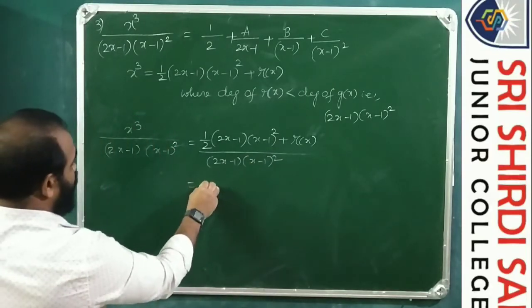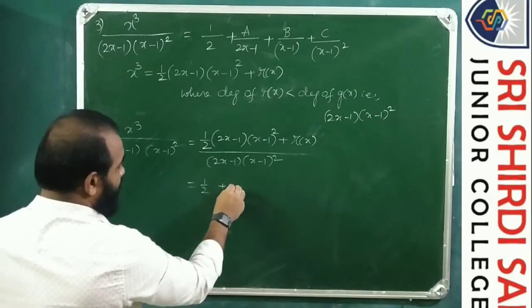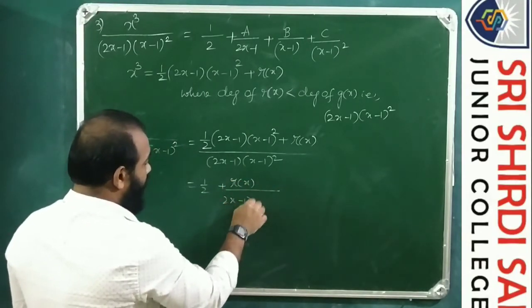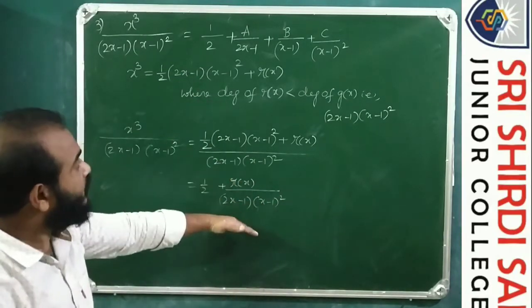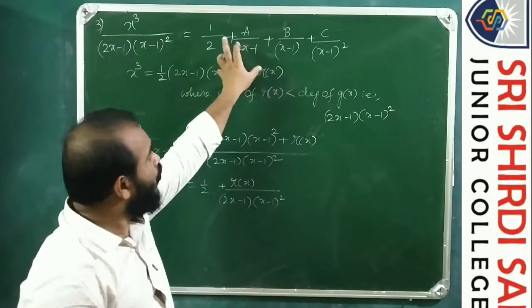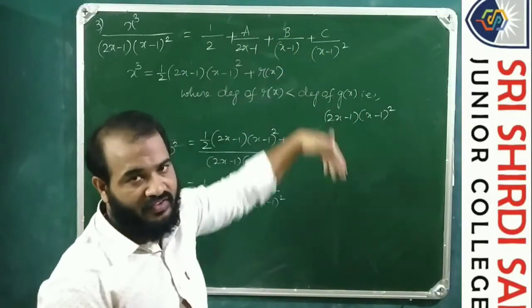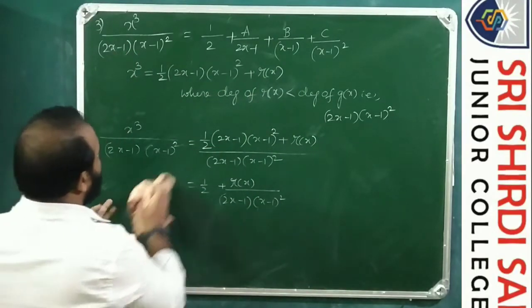So this is equals to 1 by 2, this gets cancelled, plus r of x by 2x minus 1 into x minus 1 whole square. This all is the explanation of this. So if you got this directly, then no issue. So we can proceed from here itself. So this is all the explanation. Okay. Now